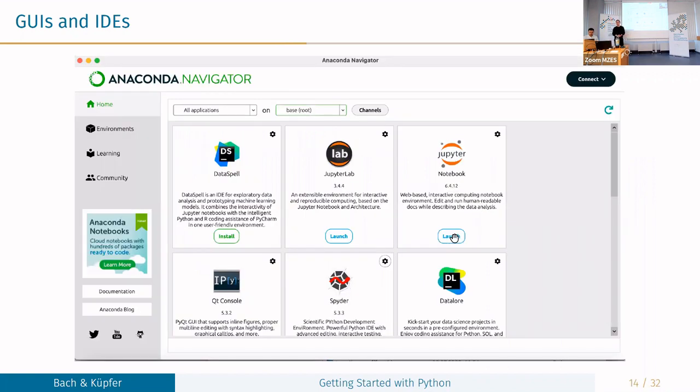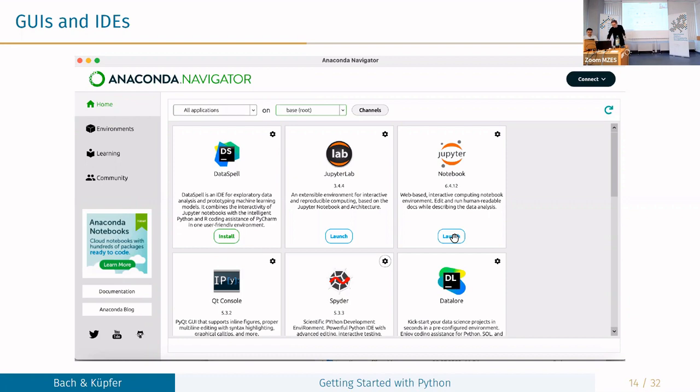So how does Anaconda Navigator look? Well, this is just a screenshot I took. If you open your Anaconda Navigator, which is installed when you download and install Anaconda, this is how it will look. It's just a tool that lets you navigate a few things. When you're on the home button, you will see these different applications. And actually there will probably be RStudio as one of the options for these IDEs.